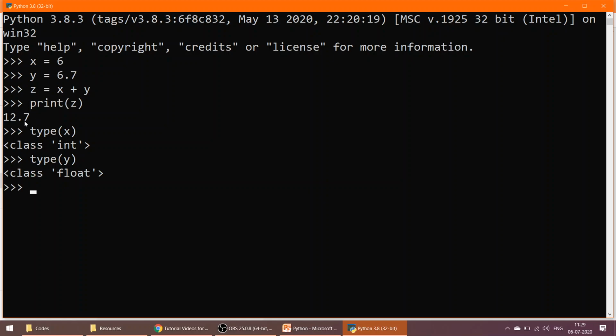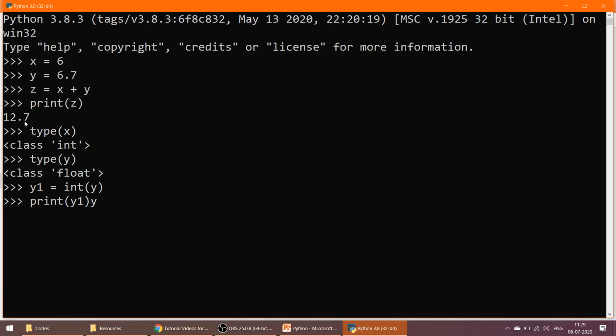Okay. Now just assume that I want the result as an integer value. One way of achieving this is to take another variable, y1 is equal to int of y, right? Just check what I am getting within the variable y1.